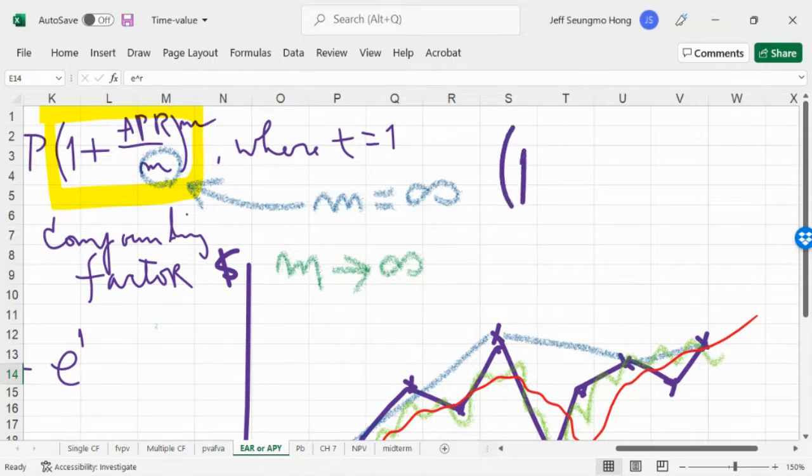We're assuming that APR is 100%. Because if it is 1, later we can switch it with any APR. If APR is 1 or 100%, but compounding is infinite per given year, what's this number going to be? In other words, I talked about this. This number,